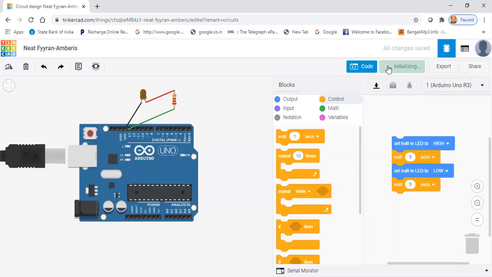Then again start simulate. Now see this time the LED will be on up to 5 seconds and then off till 5 seconds. So in this way you can build the hardware and simulate the particular circuit using graphical as